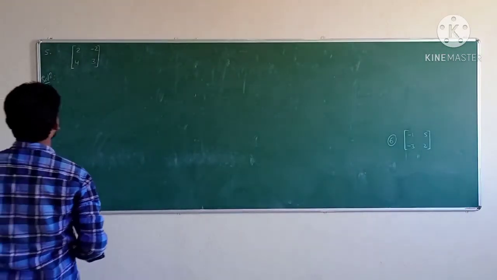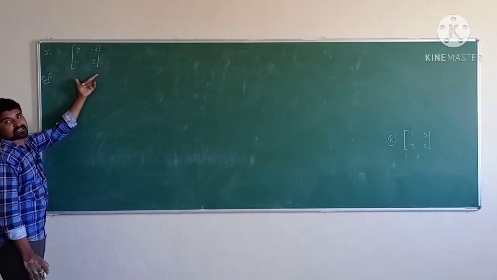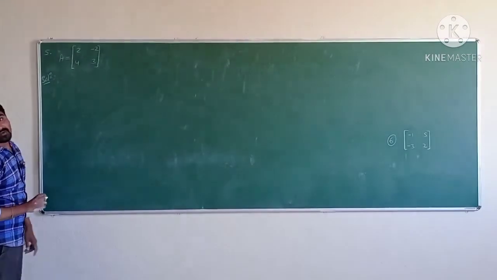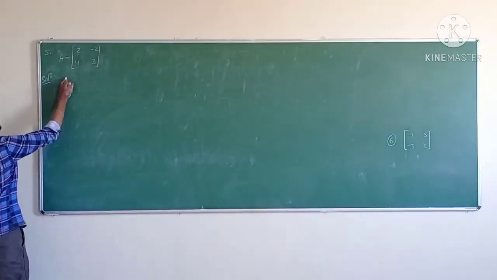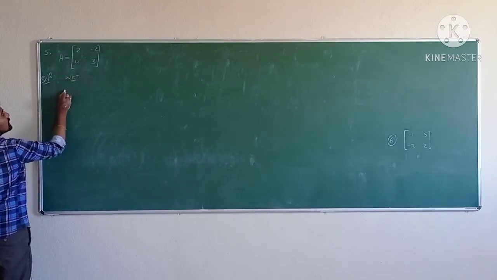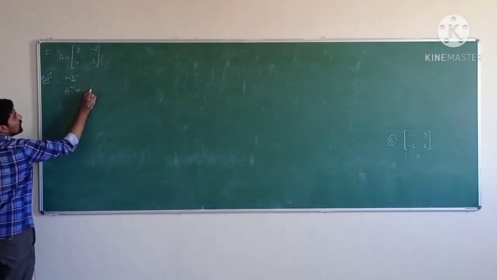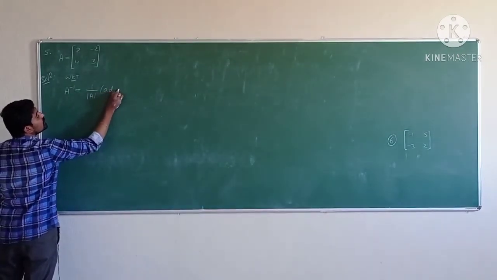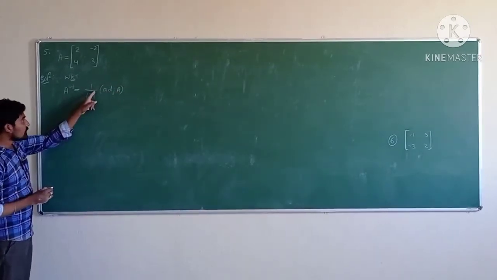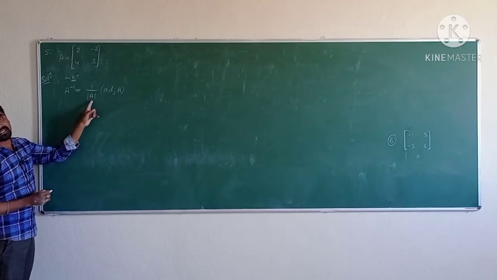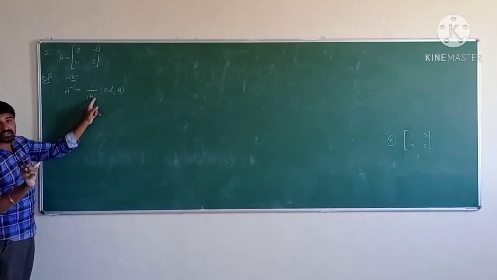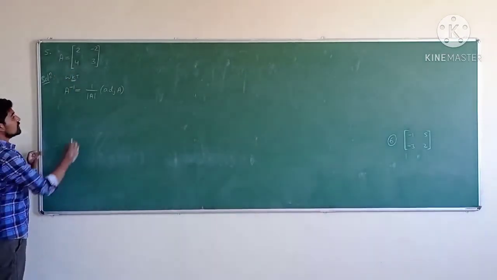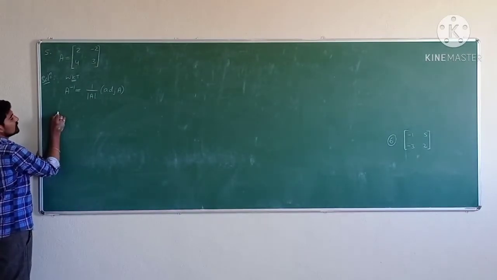Now the fifth question, here we need to find the inverse of this given matrix. So for that, let the given matrix be defined by A, and we need A inverse. And we know that A inverse is equal to 1 divided by determinant of A into adjoint of the matrix A, where determinant of A is not equal to 0. If determinant of A is equal to 0, then inverse of the matrix A does not exist. So for that, first we need to find the value of determinant of A.